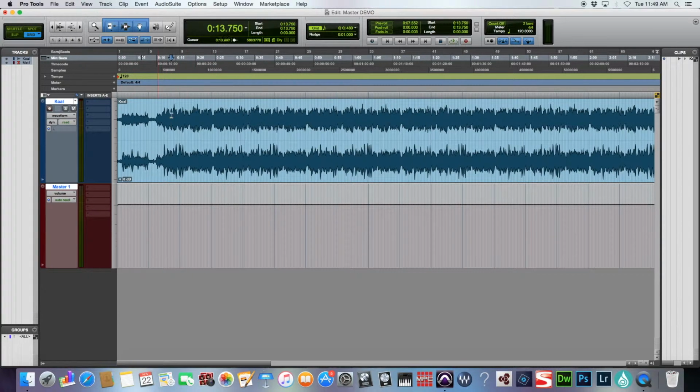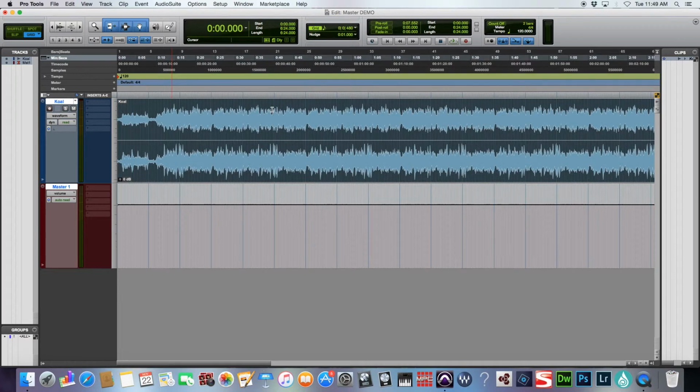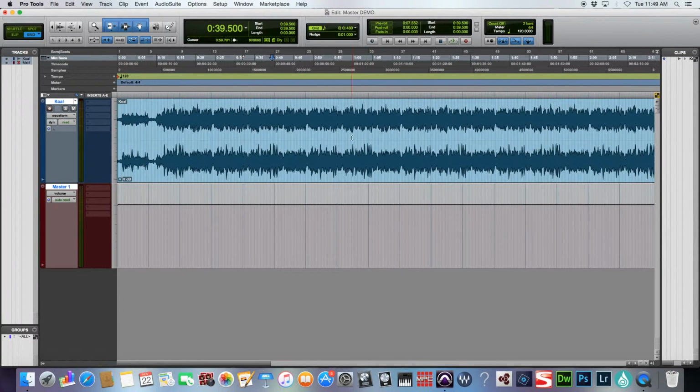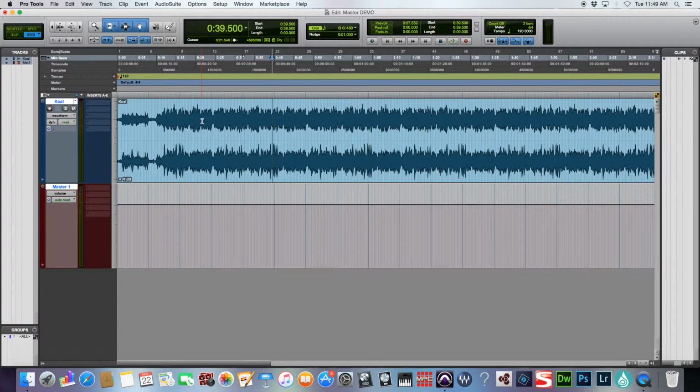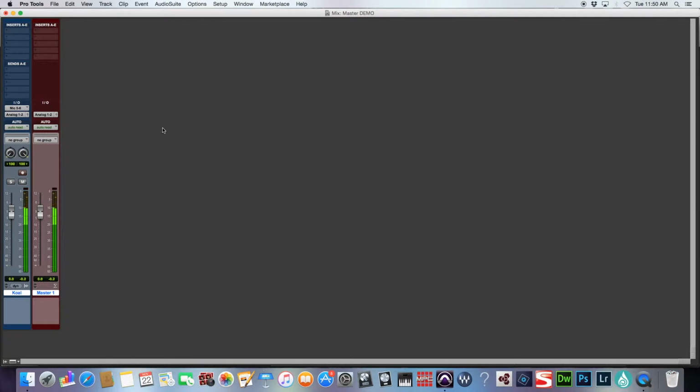So the next step here we'll take is we'll find out the peak level. We can do this either two ways. We can listen to it or we can use one of the plugins. But I'd much prefer to listen to it, figure out for myself what it actually is. So if we look at the faders here, we'll see where it's peaking, and we'll go into the mix review in a second and figure out what number the decibel is and how high it's peaking. Looks like we don't have too much headroom here. In fact, we're peaking at negative 0.1, which is actually not good at all,